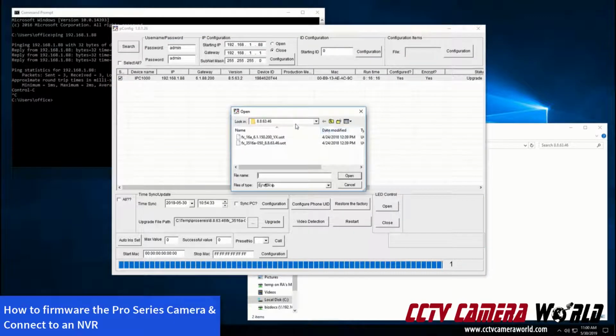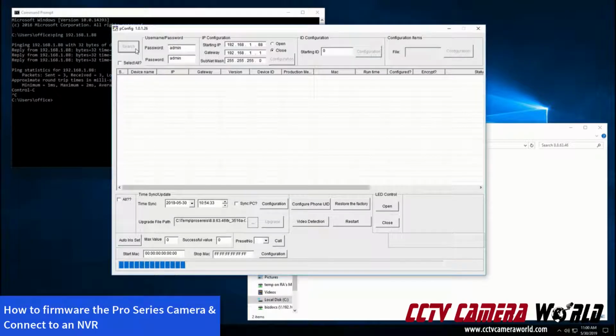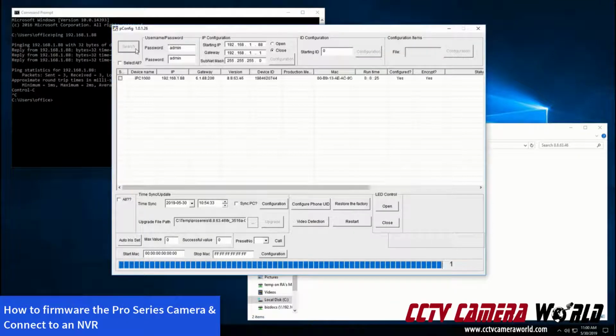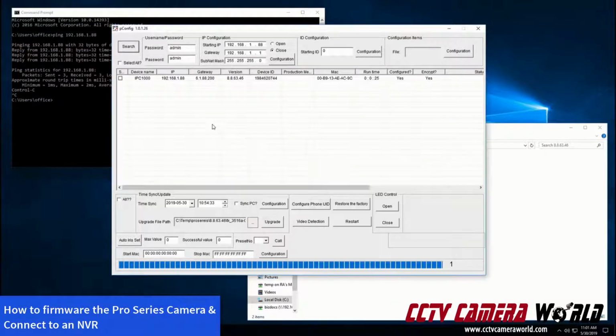Same path, correct firmware. Before I actually go to the step, I can show you that if you hit search again, it'll find that camera, and you can get confirmation that the firmware file was correctly applied, because here it changed the version number to 8.8.63.46. Now select the camera again,